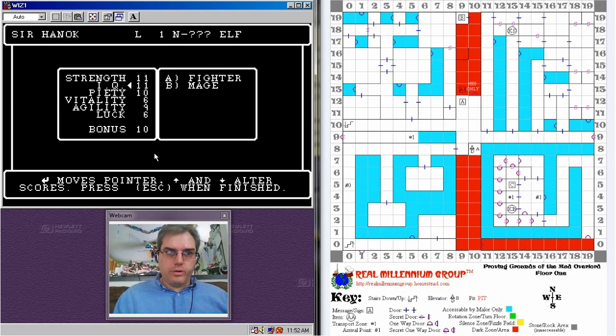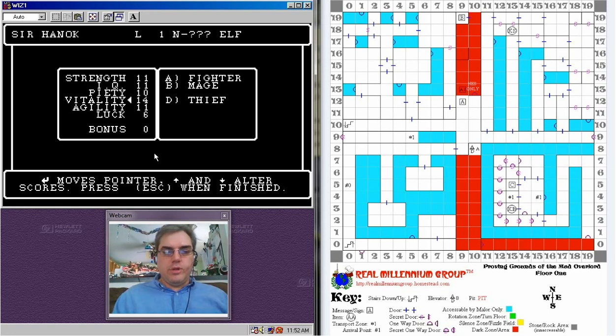So fighter, again, most of these, priest can't be neutral, so agility, 11. So now I can have my choice. Oops. I want to go back to vitality and bump up vitality, which means I'll eventually get more hit points. It doesn't necessarily help your starting hit points, but you'll get more and more hit points as time goes on.